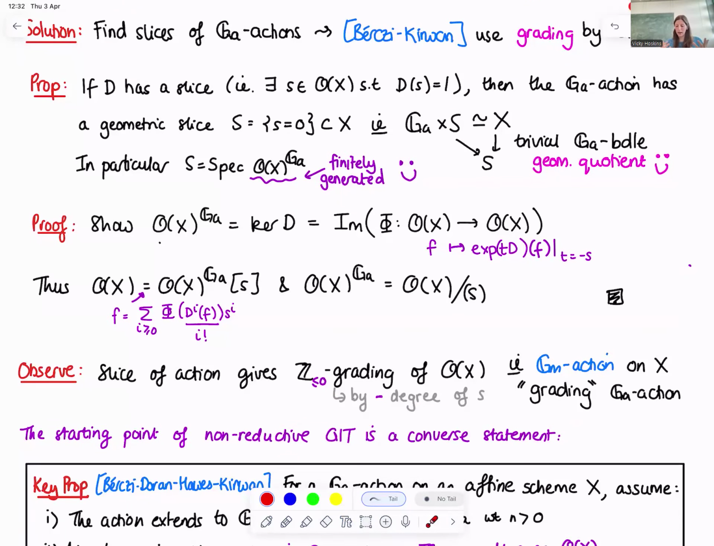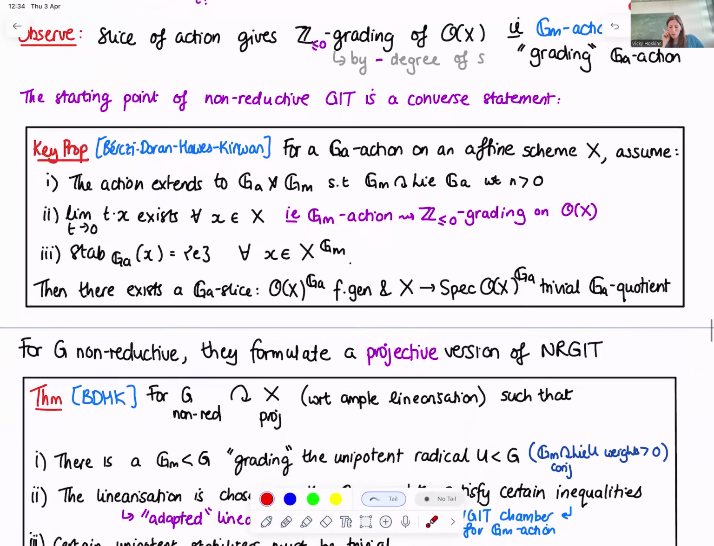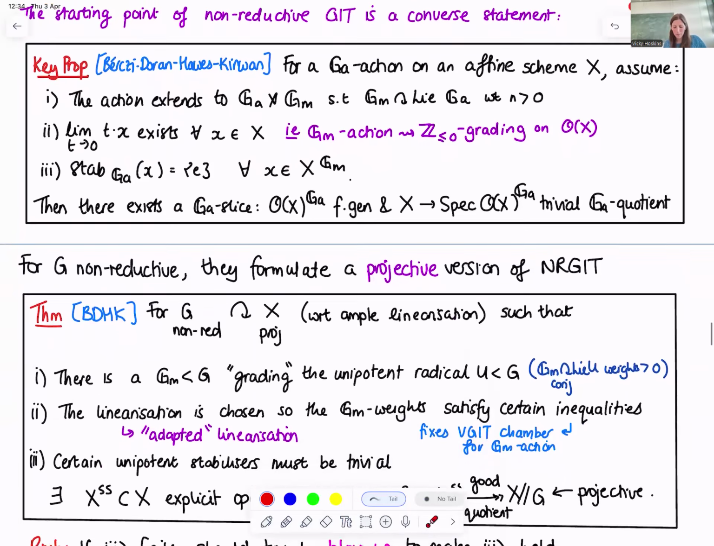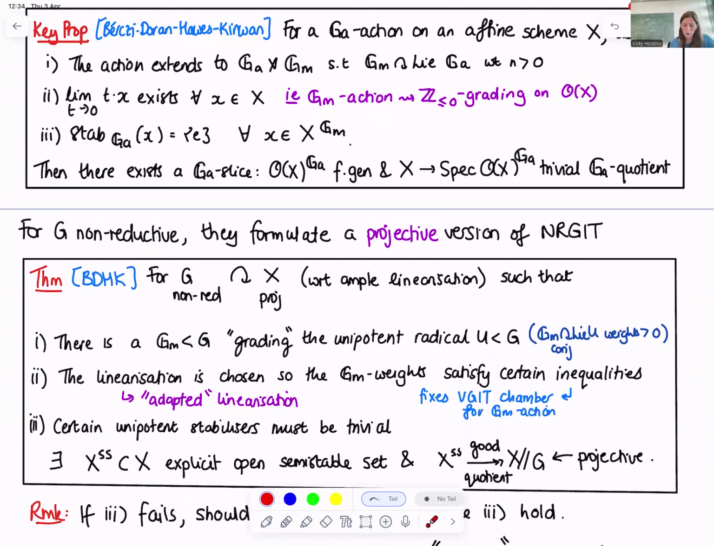Then they prove that actually there exists a G_a slice, so in particular the ring of invariants is finitely generated, and you get a trivial G_a quotient. And from this they formulate a projective version of non-reductive GIT. Maybe I can keep both of them up there together because they've really got analogs for parts 1, 2, and 3. So now they have G, a non-reductive group,